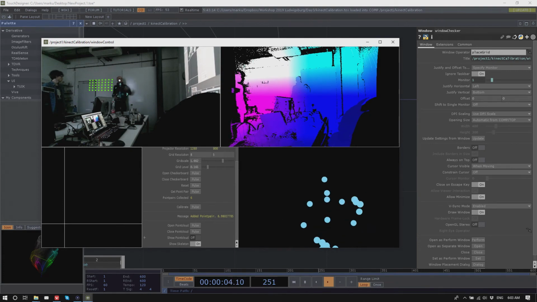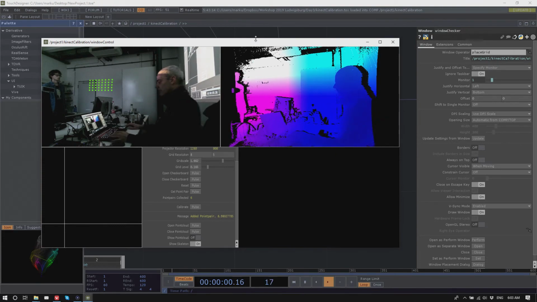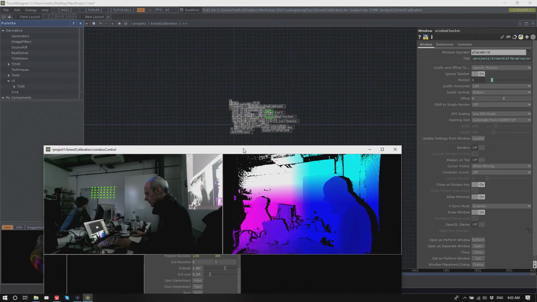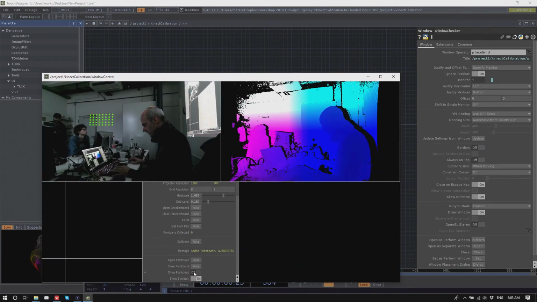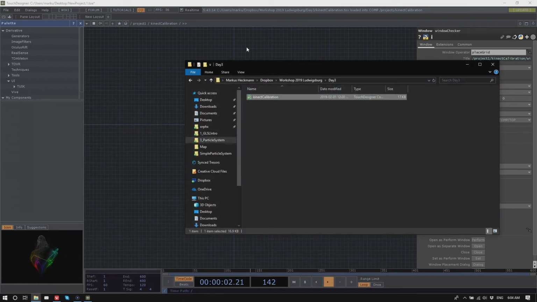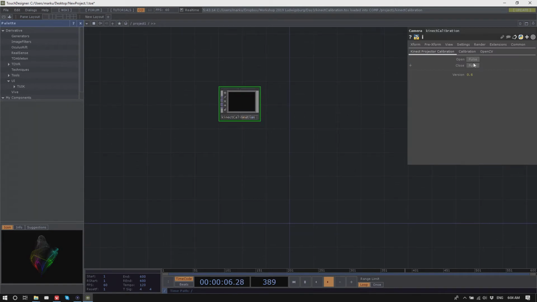So the idea now would be that you go in and you place. Well, you could actually even use the. Let's close this. Close the point cloud. And let's close this. So what this gives you now is essentially you have a camera. This is just a camera component with a lot of insights.